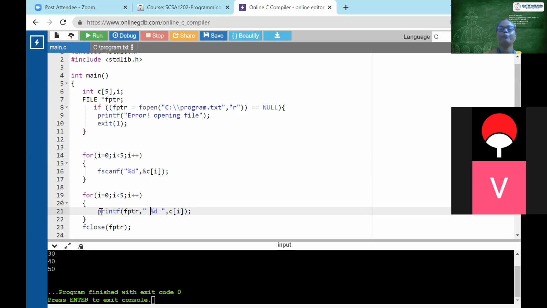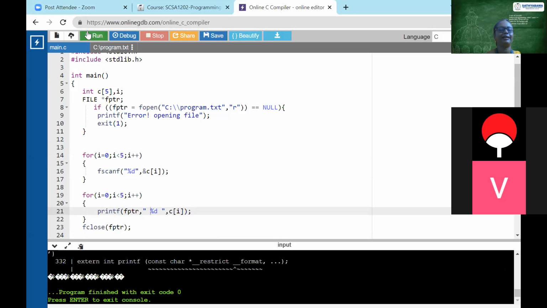I want to print it in the DOS prompt, or in the main program, so I am using the printf statement. So fscanf will read the content from the file and the printf statement will print. Very simple process. So once I run it,